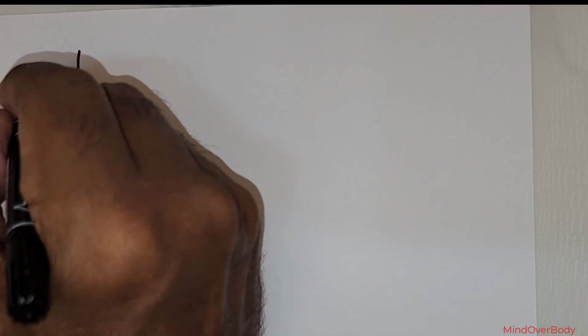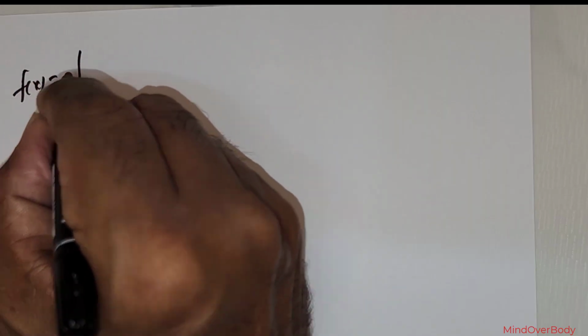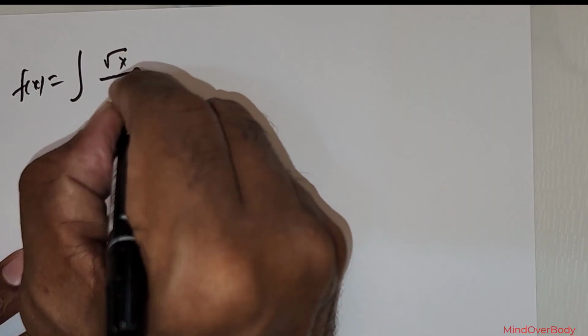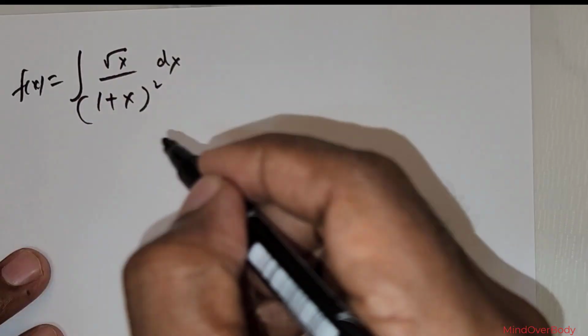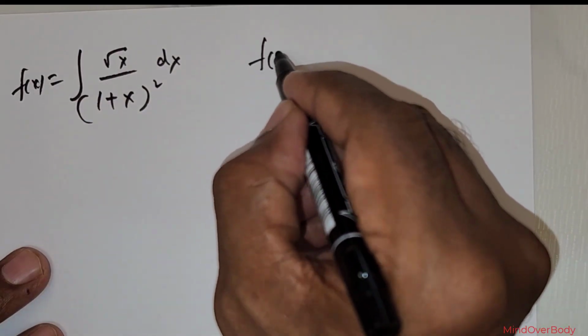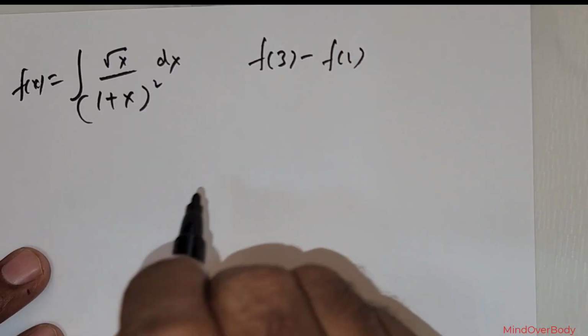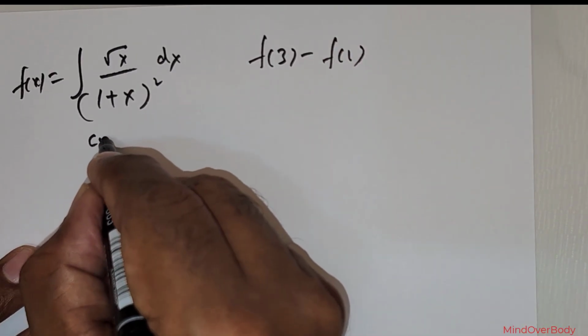Now this is the next question. We are given f of x is equal to the integral of root x over (1 + x) whole squared times dx. We are expected to find f of 3 minus f of 1. So foremost, let me